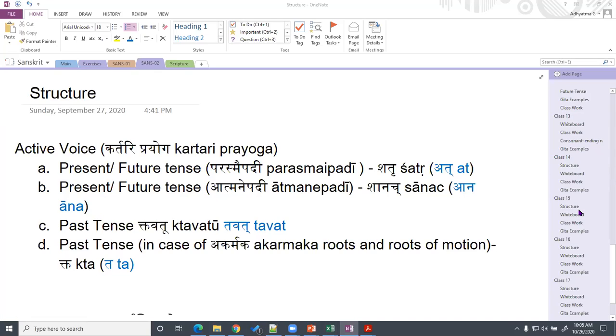There is a comment here: Thank you so much, and I am grateful to you for teaching Sanskrit. Sorry if I made any mistakes and did not submit the homework. Submitting the homework is for your own learning, and it's not a mistake. I know that many of you are very busy and not able to catch up. Ultimately, it's your sincerity and your effort which counts in learning Sanskrit. As I told you, we can refer to all books and have all the material available, but that is only as good as you put it to use.